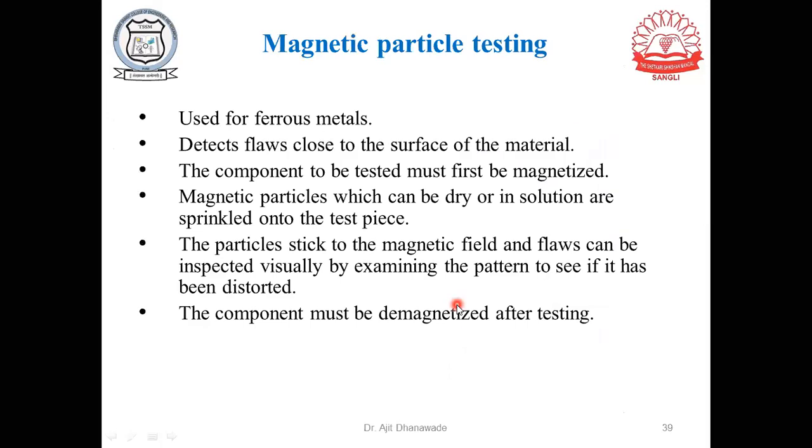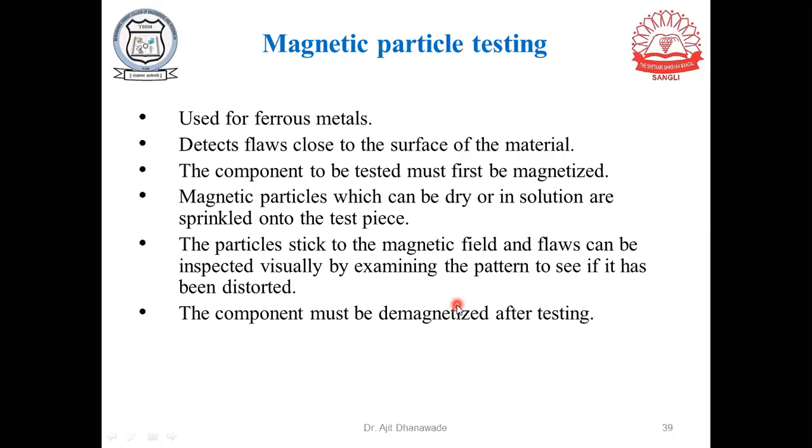The next test, or the last test we can say, is magnetic particle testing. It is very easy. It is usually used on ferrous metal. What is done in this case is the component to be tested is first magnetized. Obviously, that will carry some magnetic effect. After that, magnetic particles, which are usually dry, are sprinkled on that magnetized